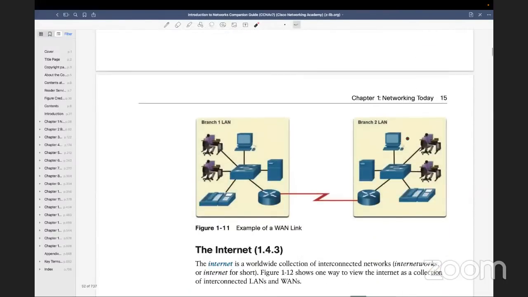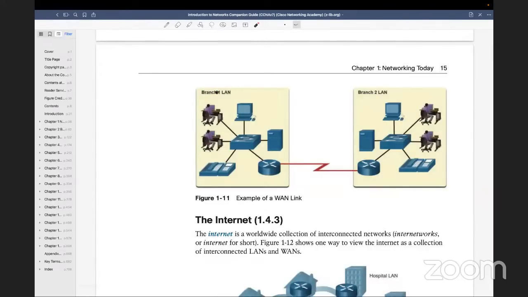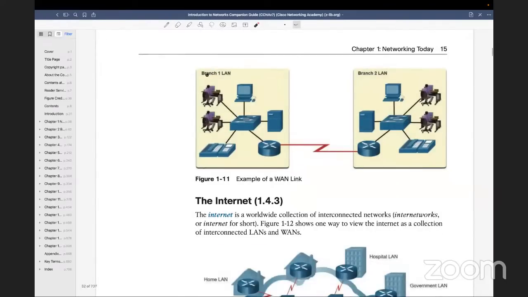So when it comes to wide area network, I've given you an example. Okay, there is a branch one, maybe let's take an example. This is your Delhi office, and this is your Mumbai office. Okay, so Delhi and Mumbai both are connected with this. So this is Delhi office router, this is Mumbai. So we have taken what? Internet connection. So in both the locations we have taken internet, and over the internet we are going to share our data